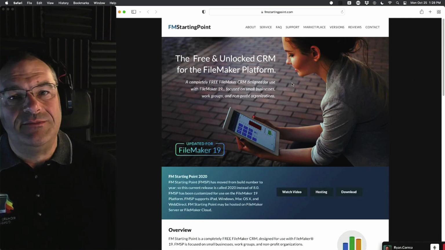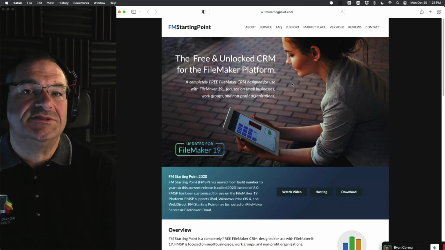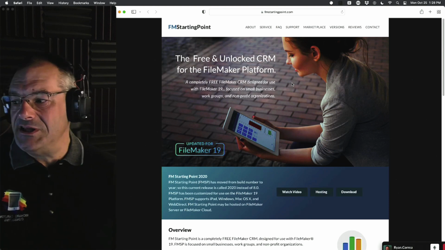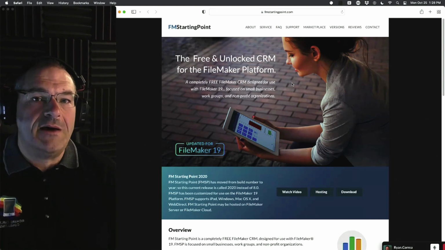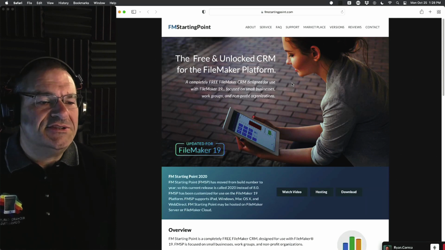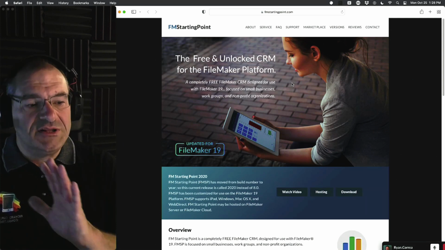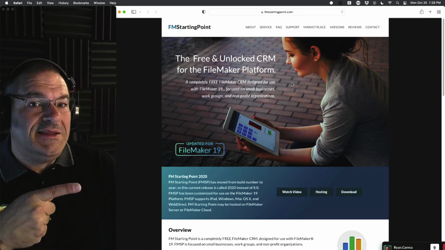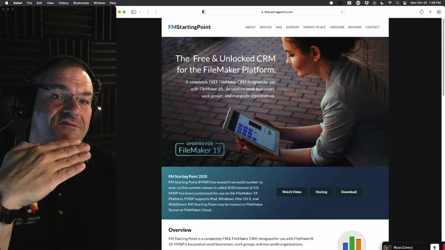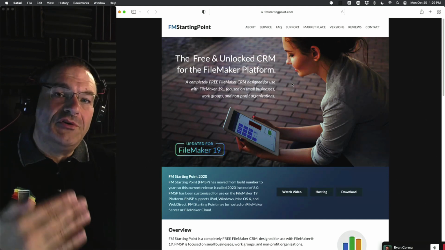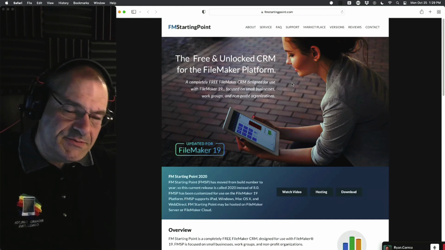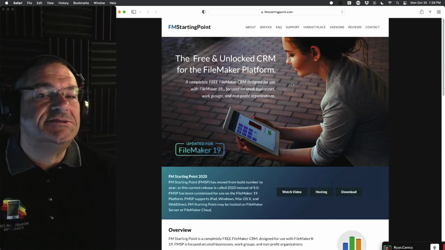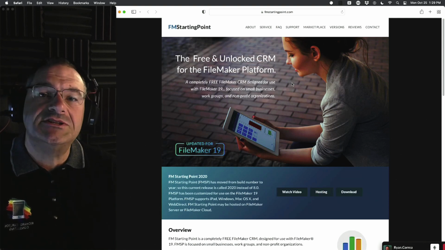But even this needs to be customized to really fit your specific needs, assuming that you need a customer management invoicing thing. Like Ed was talking to us the other day about how he is doing fire inspections, right? Totally different. Now you could steal things out of FM Starting Point and get to that, create a solution faster, but you have to. The whole point with FileMaker is about the customized solution that's tuned to your specific business. That's the whole special secret sauce about this.